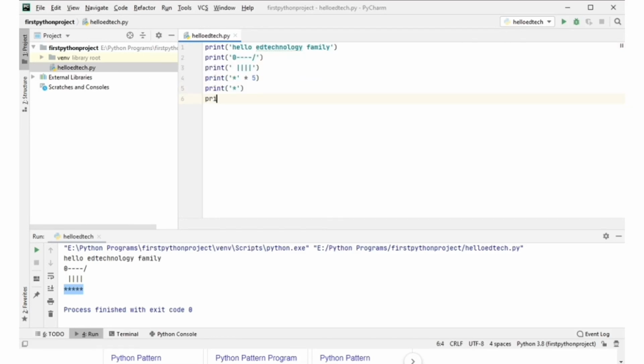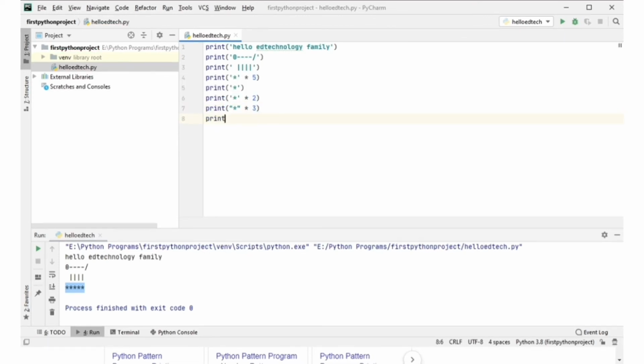So again there will be one more print, and because now I want my pyramid to extend to 2, here I will use 2, and similarly let us use the pattern with star and 3, print again with star and 4. So let us see how the output would look like.